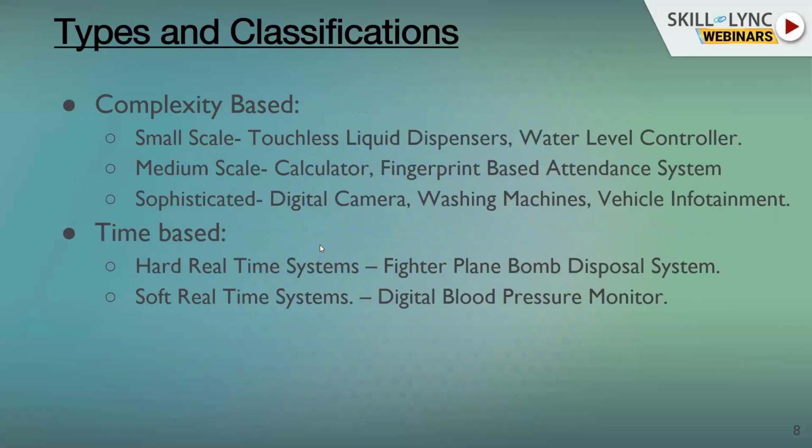Now that we've established that embedded systems is an important field to be in, let's try to figure out what types of systems are actually available. This is coming out of convention. There are no rules here. This is coming out of industry convention. So you generally classify them either based on complexity, or based on the timing requirements that these systems will fulfill. For complexity, you generally have qualitatively 3 different scales, right? A small scale system, a medium scale system, and a really sophisticated system.